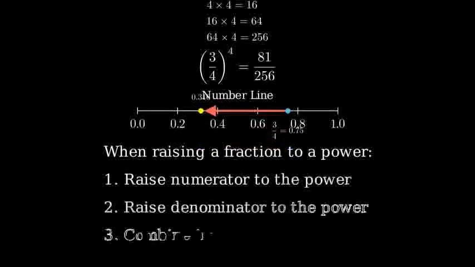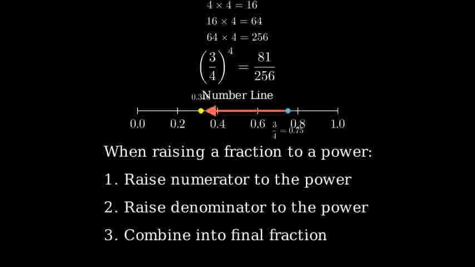To summarize, when raising a fraction to a power, we raise both the numerator and denominator to that power separately, and then combine them into our final fraction,